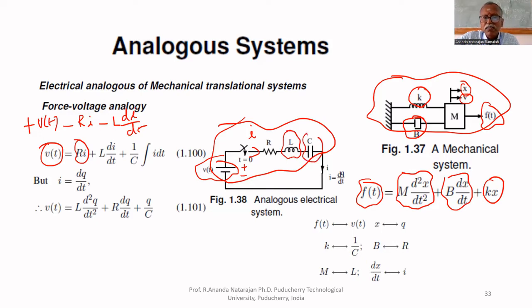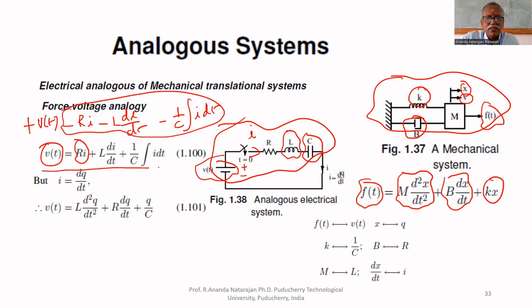What is the drop across C? Minus 1 upon C integral of I dt. If you bring all these to the right hand side, you will get this equation. So this is the mathematical model of the given electrical circuit. If you write in terms of charge, what you will get is, V of t equal to